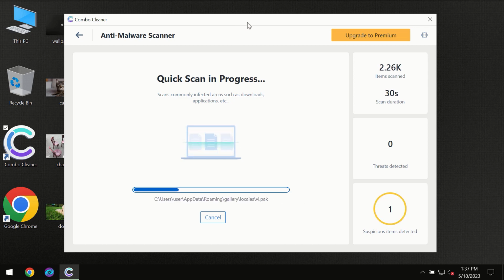Then the scanning itself will take place. The scanning duration depends on various factors. It may depend on how infected the computer is. It may depend on how many hard drives are being scanned at the same time. And it may depend on other factors too, of course. Combo Cleaner will give you the summary of all the threats which were revealed during the scan at the end